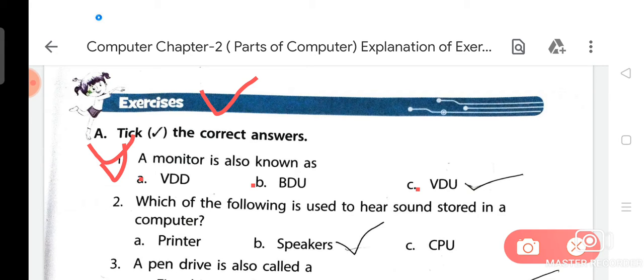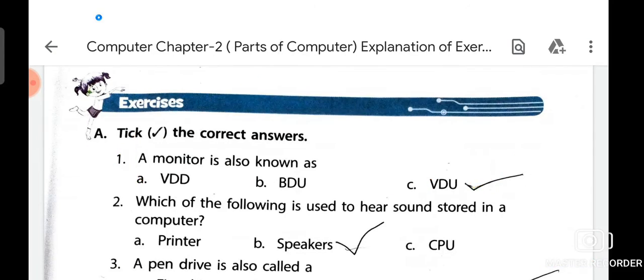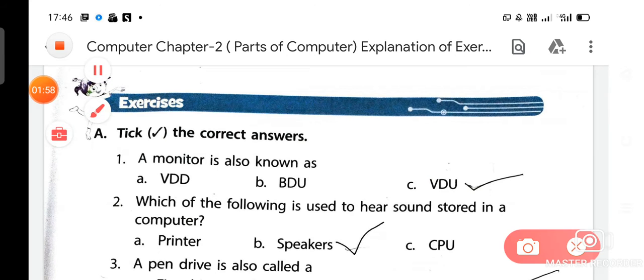The full form of VDU is Visual Display Unit. So option C is the correct answer for this question.